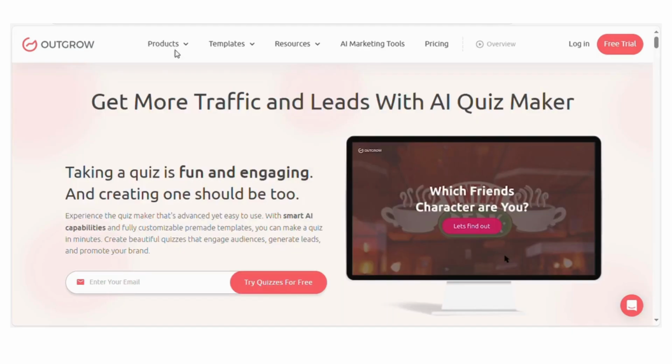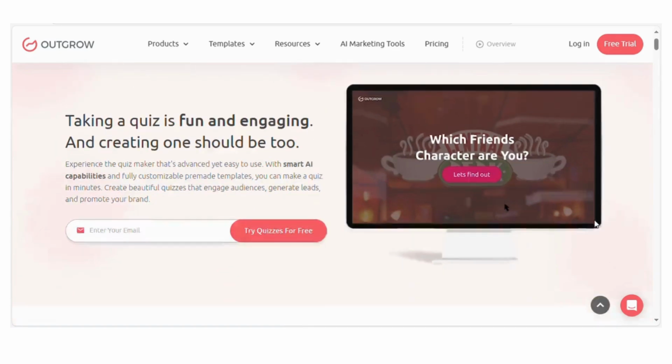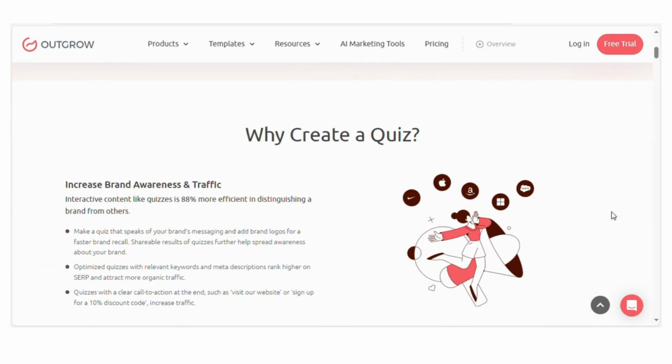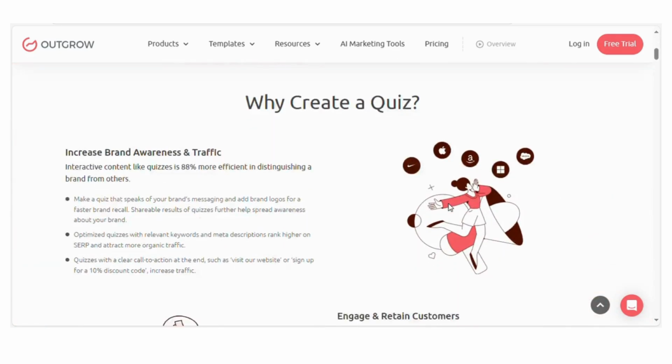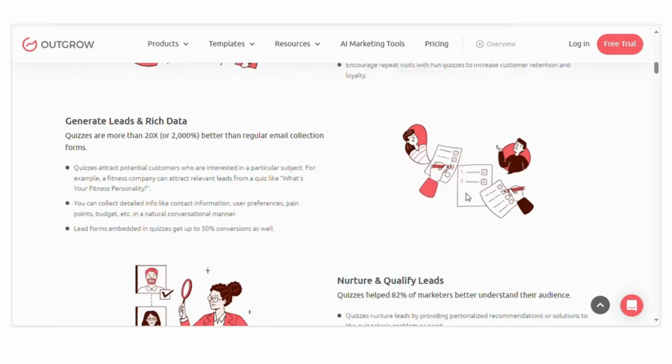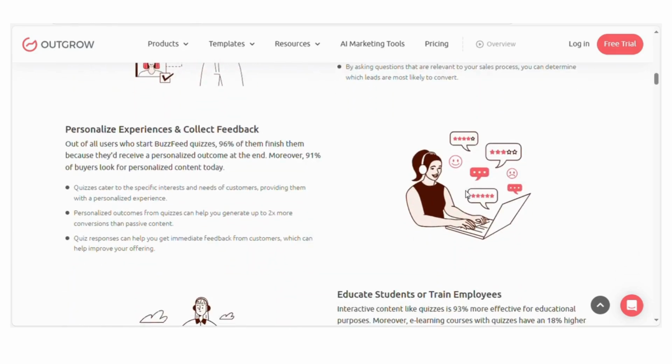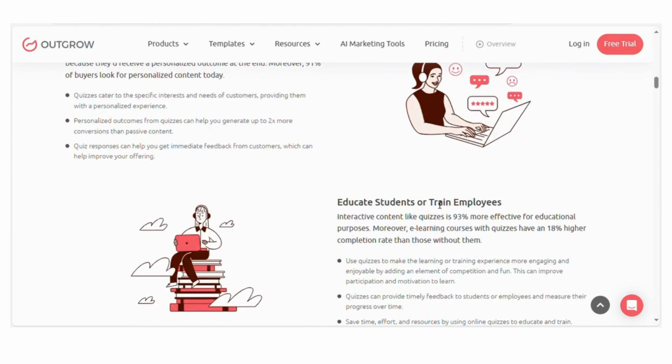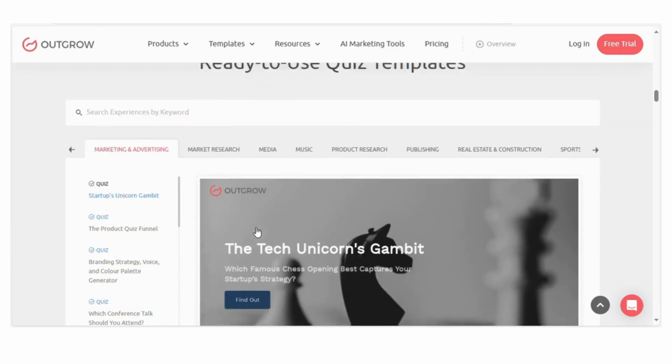Most marketers rely on static lead forms, but they don't convert well. Interactive quizzes, on the other hand, can boost engagement and often double conversion rates. In fact, Outgrow users have reported up to an 82% faster lead qualification process using personalized quizzes, ready-to-use quiz templates